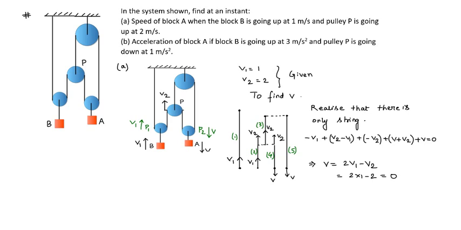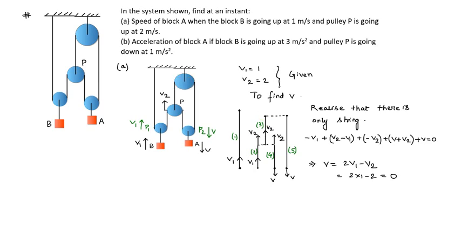And if you look at segment 2, the bottommost point of segment 2 is in contact with pulley P1. So the bottommost point will also have a velocity v1 in the upward direction, and the topmost point of segment 2 is in contact with pulley P. So if pulley P is going upward with a velocity v2, then this particular point will also move upward with a velocity v2. Now look at segment 3 over here. The bottommost point of this segment 3 is directly connected to pulley P. So if pulley P is going upward with velocity v2, then this point will also move upward with a velocity v2. And the topmost point is in contact with a pulley which is at rest. So there will be no velocity of this topmost point.